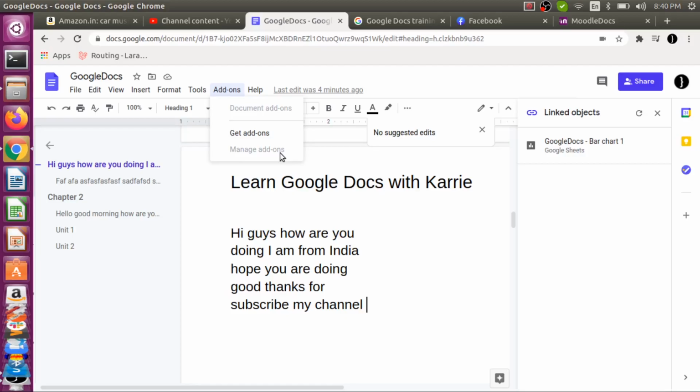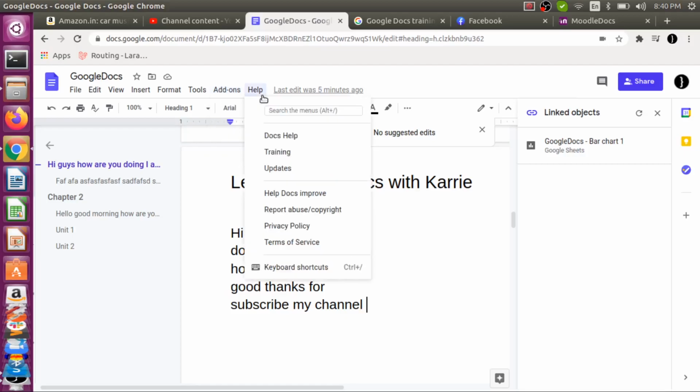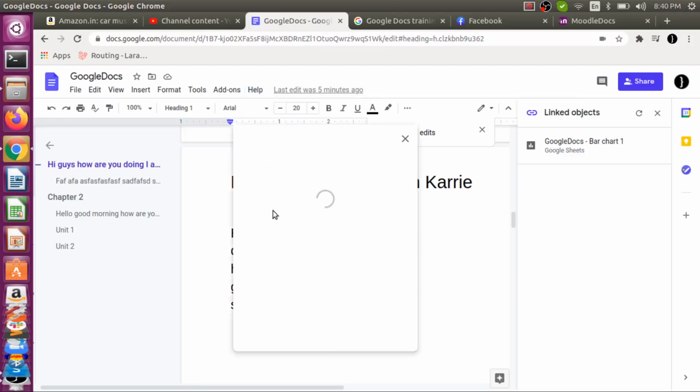And the next thing is help, right? So what is help? Here we have some information, the documentation of Google Docs, which will help you, for example, Docs help. In here we have some articles, where if you are facing any problem, you can read about it, like how to use Google Docs, or can't edit files. These are common issues raised by users, and you will get an article here that you can read from.